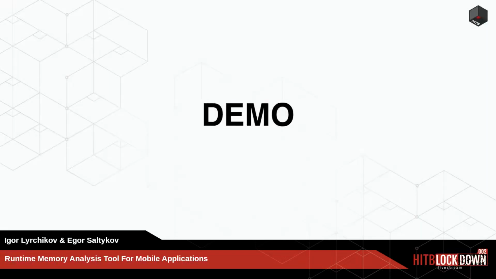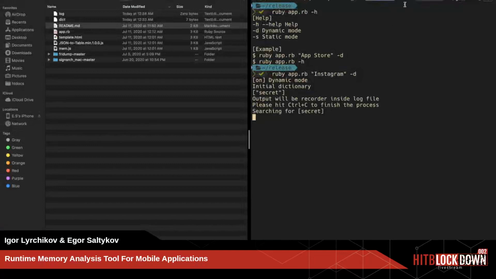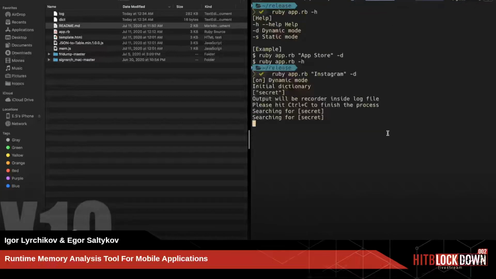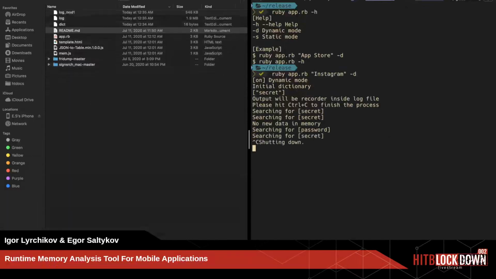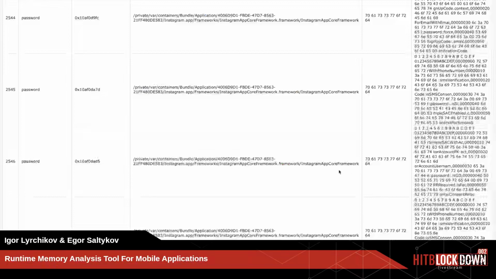Let's move to our demo. We will run it against the Instagram app installed on iPhone. We initially pre-generated a dictionary with only one word, secret, and later we will add a password phrase. We can also change it dynamically, because after one iteration, it goes back to this dictionary and we read it